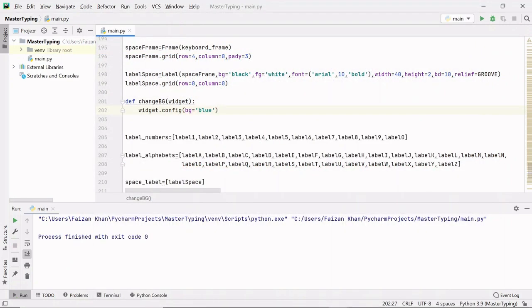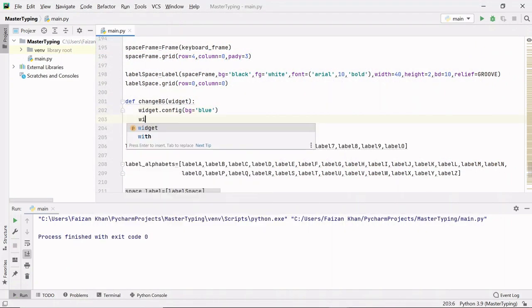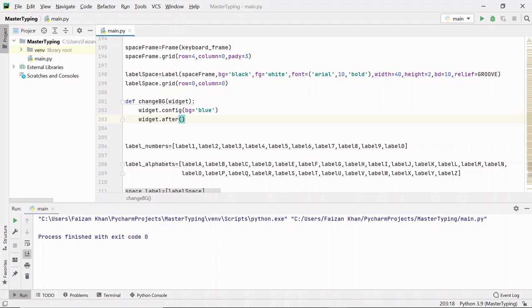So I'm going to use after method here, widget.after. Here I have to pass after how many milliseconds I want to change the color back to black. So I'll pass here 1000. 1000 milliseconds means 1 second. I'll use lambda keyword here, and I'm not going to use any arguments, only the expression will be there.